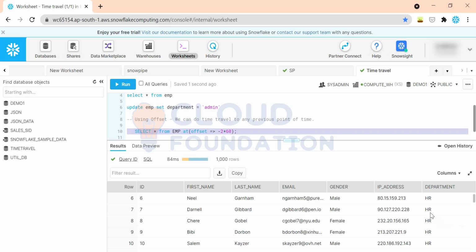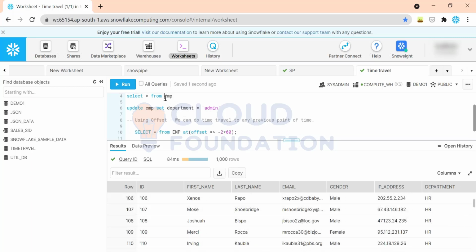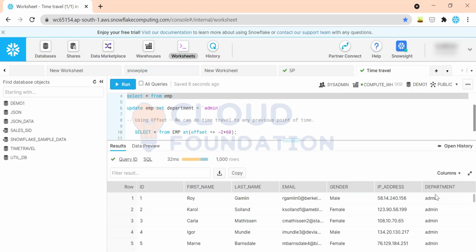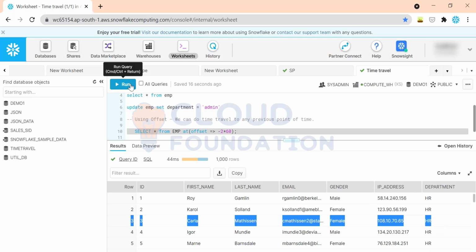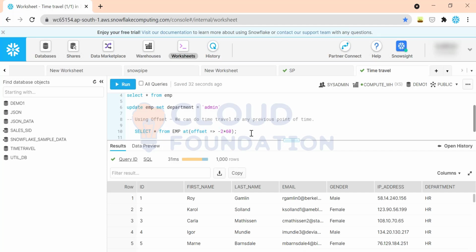so what is the data, guys? HR data. Yes. But when I do select star, what is the data? Admin data. It means using time travel, I'm going back or not. I'm going back, right? If I go 2 minutes back, this is how the data looks like, right? Understand? Yes. Using this command, I'm going back 2 minutes